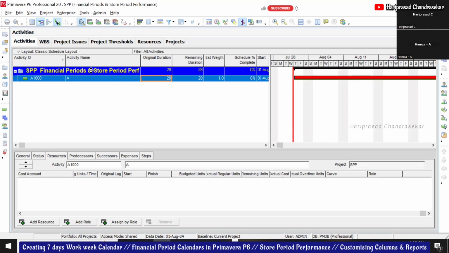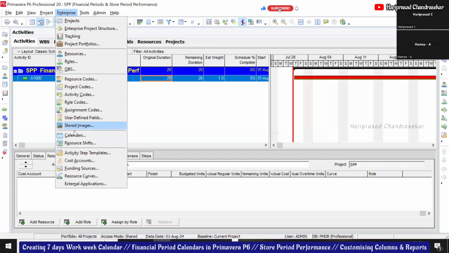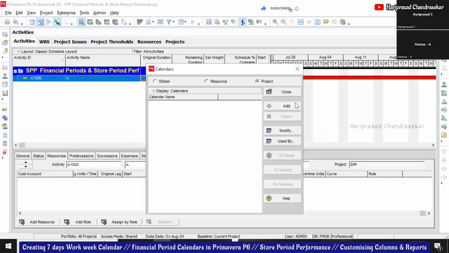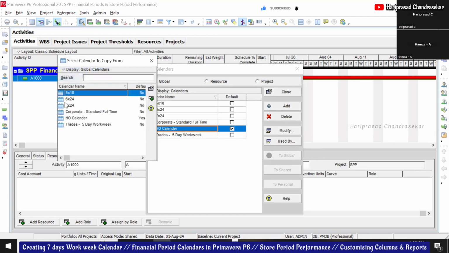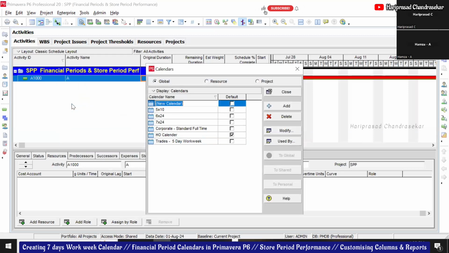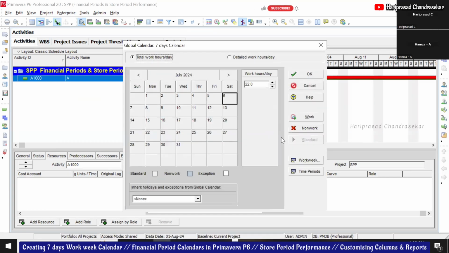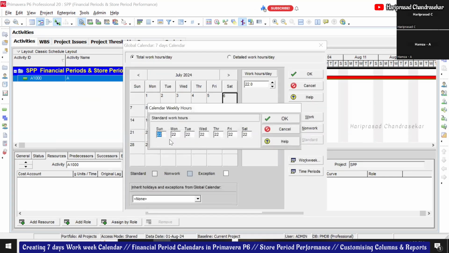So what I can do is create a calendar, so it will be easy for you to understand in that case. Calendar across global. I'm adding 7 plus 24, 7 days. Isn't it calendar, that one, the 7 by 24? No, that one is different. That I took a template, but now I'm going to just put only 10 hours every day.